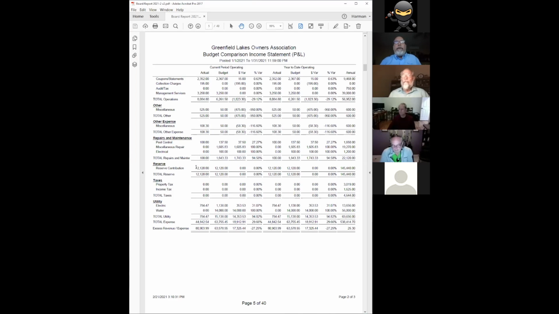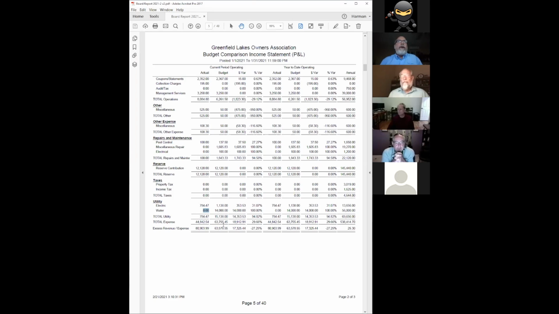We made our reserve contribution, of course. We budget for that. We do exactly what the budget is. So we put $12,120 from the checking operations into our reserve money market, and that's budgeted at $145,000 for the year to contribute to our reserve account. Electric, we were nicely under budget for electric. And water, we didn't receive a water bill from the golf course in January, so it's a timing issue. I'm sure we'll get our Q1 water bill, and we know what it's supposed to be. So utilities were under budget.